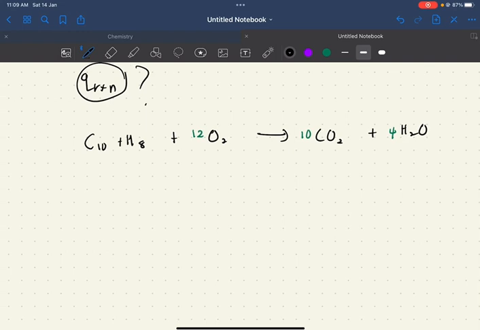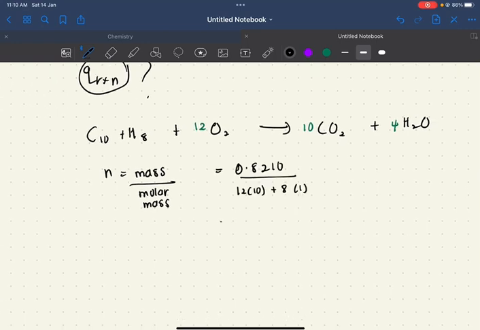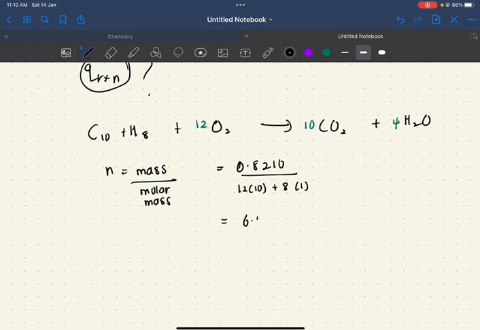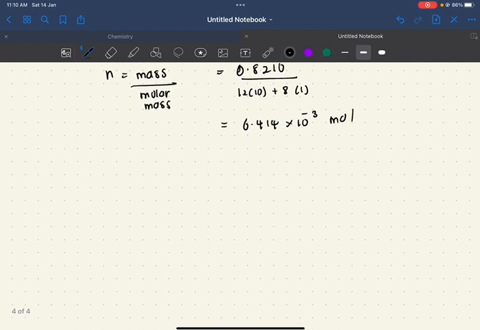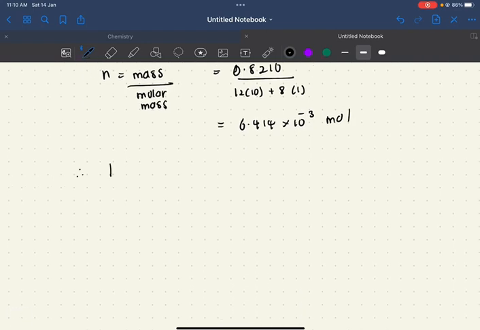The equation for number of moles is mass over molar mass. And substitute the information given. And then we get 6.144 times 10 to the power of negative 3 mole. And within this, we know that 1 mole of